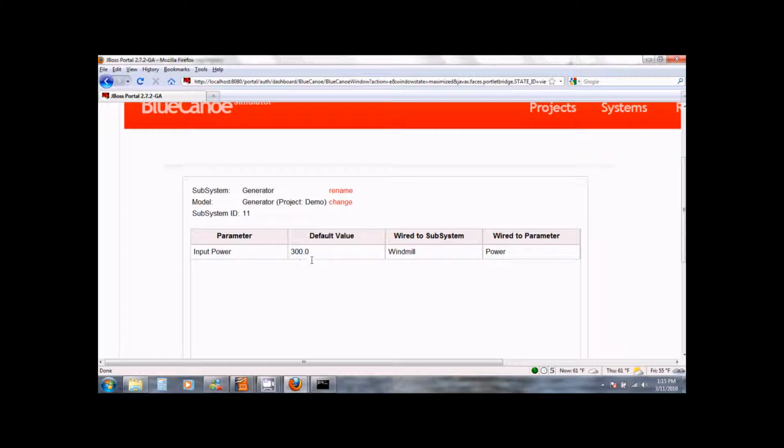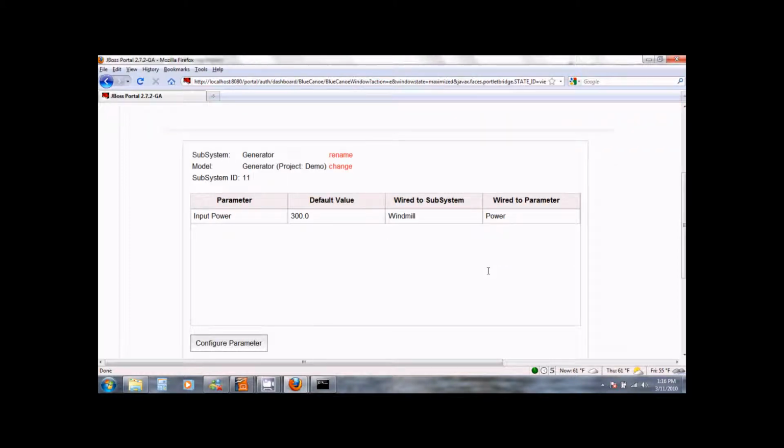The input power of the generator is 300 watts by default, and it is wired to the windmill subsystem and to the output power parameter of the windmill. This means that during the simulation, the value of the input power will always come from the output power of the windmill. This is what we mean by wiring a parameter to another parameter.